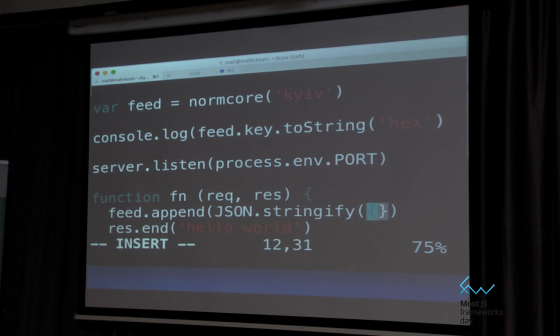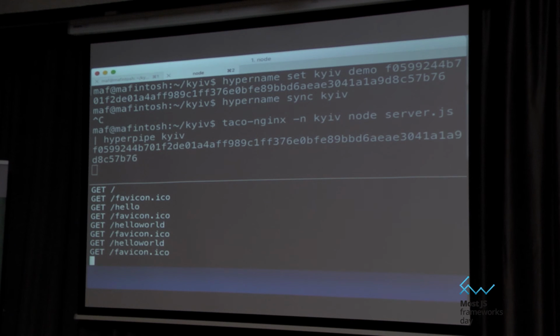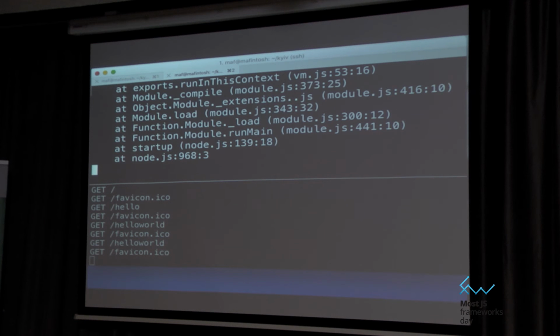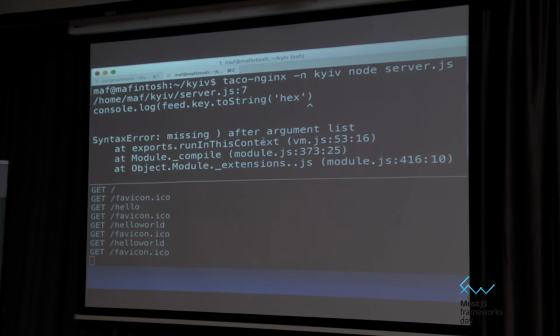So I'm just going to write type request, and then URL, req URL. This is just some object, it doesn't really matter. Let's see if this actually works. So instead of piping it into Hyperpipe, we'll just spin it up directly now. Cool. Oh, almost.